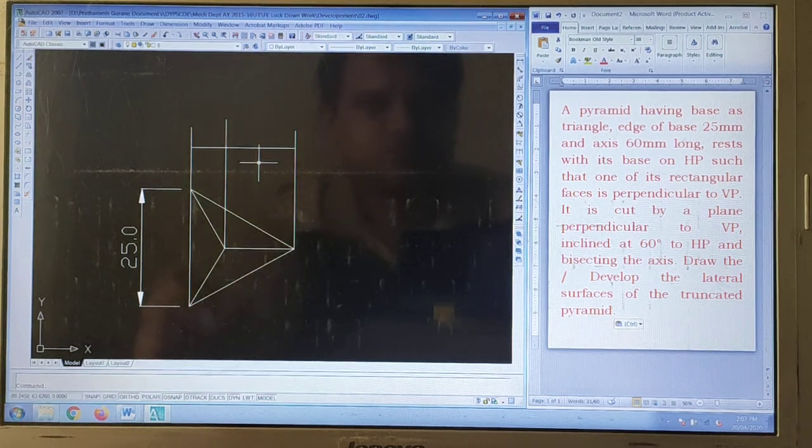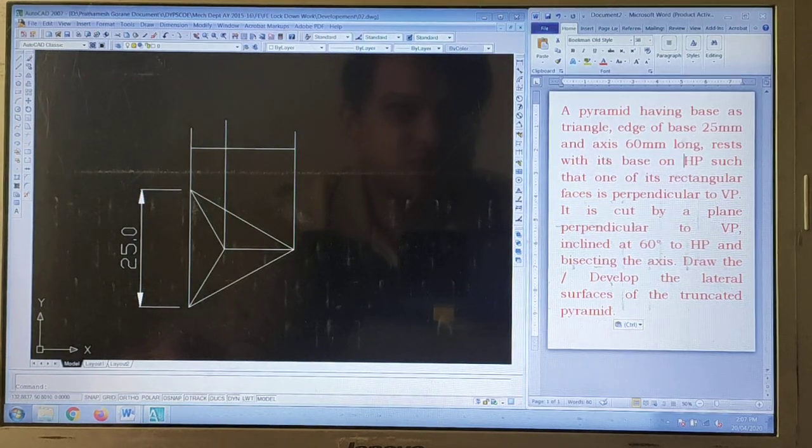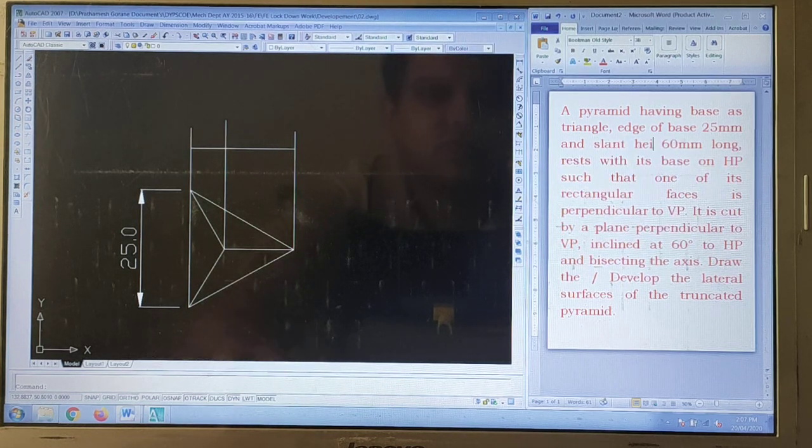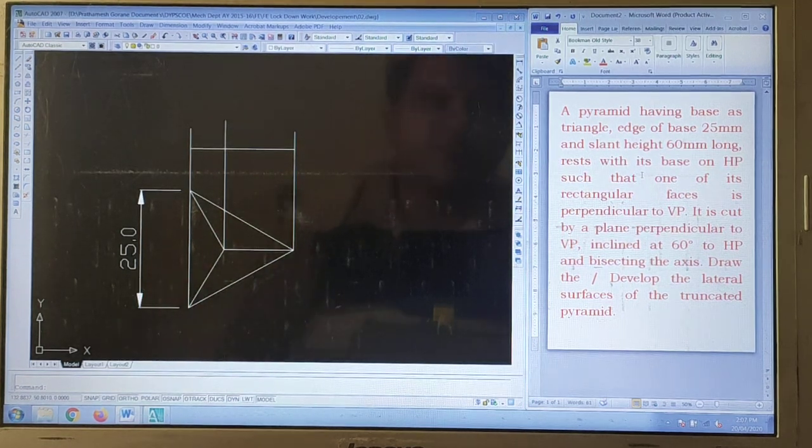Now let us change this problem. Instead of this axis, this is quite a simple problem. Now what we can do is use the slant height. Let us change this.